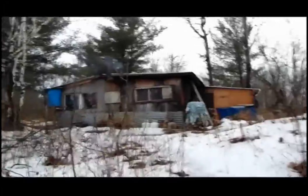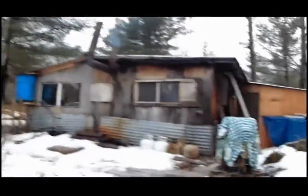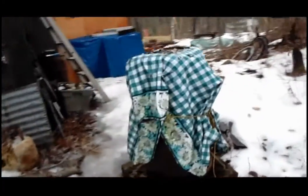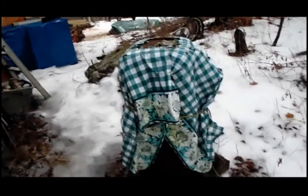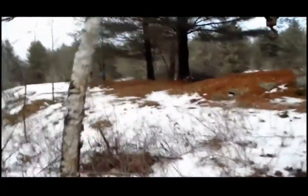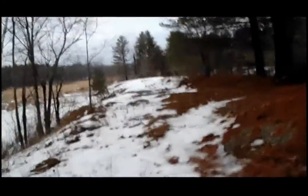Now let's see if I can get back up the hill here. We've got, under the cover here, an oil stove, very old oil heater. This was the first stove ever put in the camp, and well, I just can't bring myself to get rid of it, so it's staying put. I want to get it indoors and cleaned up. If we come out this way,